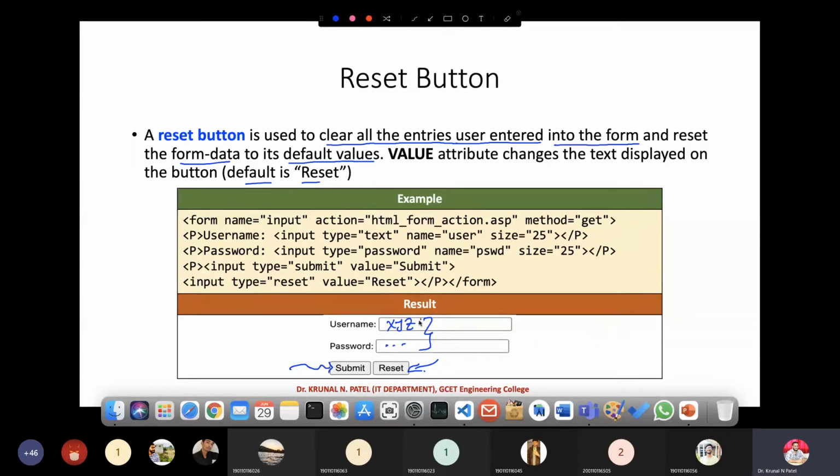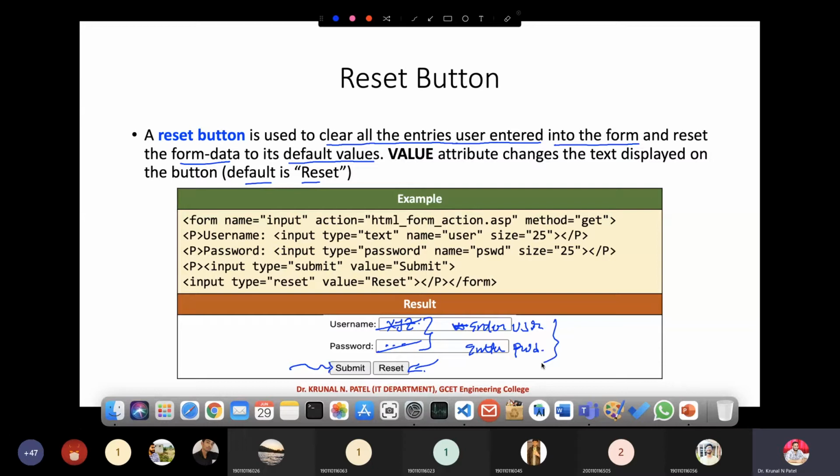What it will do is reset these things to their default values. Suppose you are providing a hint over here, like enter username or enter password. In that format, it will be there, right? So what is the job of the reset button? The reset button is used to clear out the form's details.